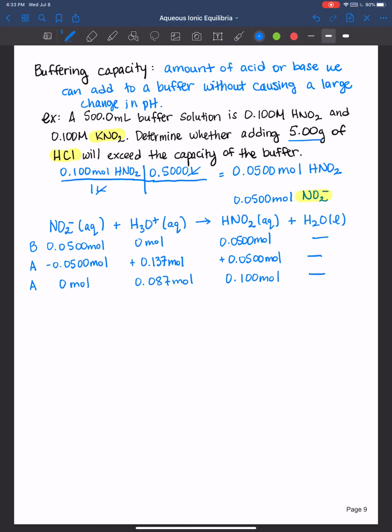All right, so our question we always ask ourselves after the BA table, what's in my beaker? Because our goal is to figure out, is adding this HCl going to exceed the capacity of the buffer? Basically, we want to know what's the pH now after we added all this acid to it. What's in my beaker? Well, let's highlight it. We have the strong acid. We also have the weak acid. So what's left in your beaker is a mixture of acids. We have a strong acid,